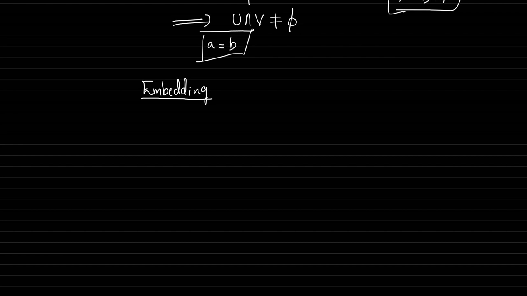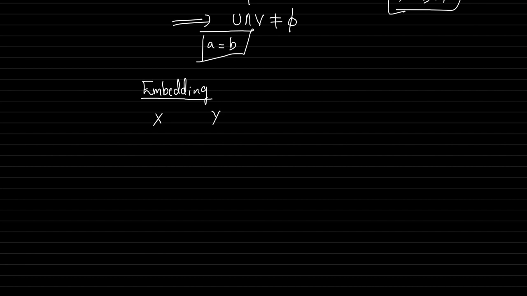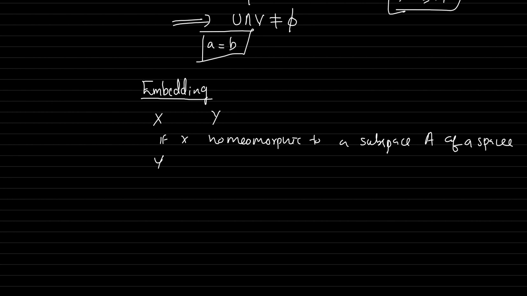Next, we are going to define embedding. So, consider two topological spaces X and Y, and if X is homeomorphic to a subspace A of a space Y, then we say that X is embedded